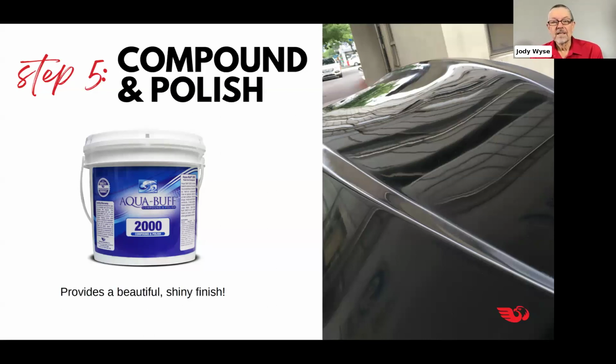In some of our literature, we say wait 8 hours or so. The reason we do that is because there can be some solvents or some additional curing going on. I kind of cheat that a little bit because I will sand and polish as soon as possible. What it means is I may have to polish it again the next day or sooner if the surface changes any, which it can from residual cure. That's why we say wait 8 hours. Sometimes I get lucky and I don't have to touch it, and other times I have to rebuff it because it might lose its gloss overnight from additional cure. So the reason we say that is it could